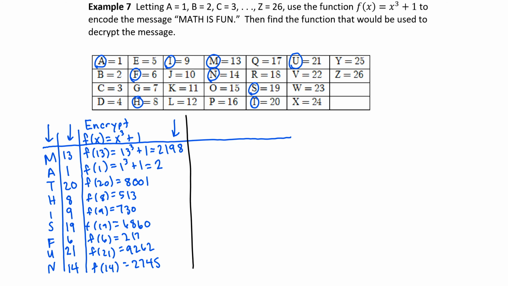And on the receiver side of things, they have to be able to decrypt or decode the message. To decode the message, we would need the inverse function. The inverse function, if we did the switch and solve technique, would be the cube root of x minus 1. Again, you can verify that. So each entry then that is received is going to be plugged in to this decoding function, and we would